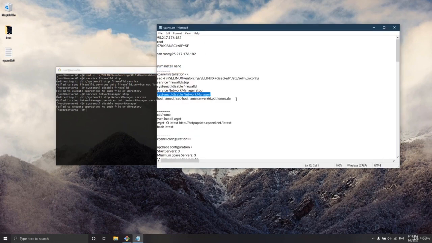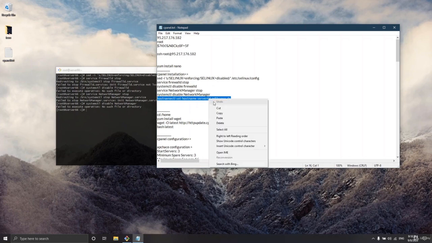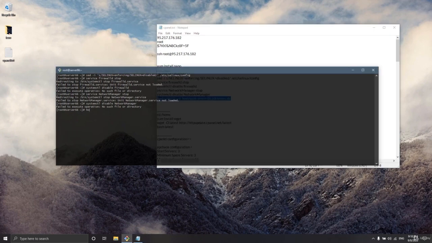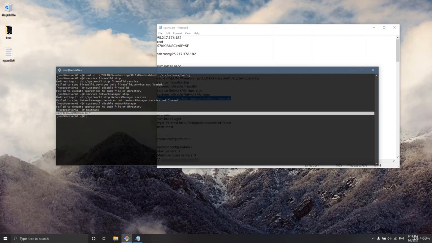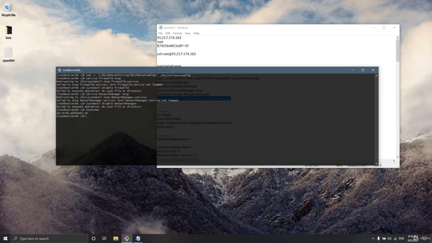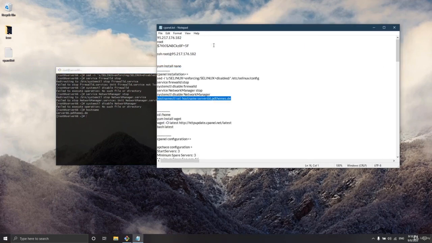And the last command for preparing our server for installation of cPanel is to set the hostname. First let's check the hostname by just writing hostname. So the hostname is correct. As you remember, I've put this in my Hetzner console, so it has automatically been set by default. But if you haven't set that up, or if you set it incorrectly, you can just go ahead and put your hostname right here, and with this command, hostnamectl set-hostname, you can set your hostname right